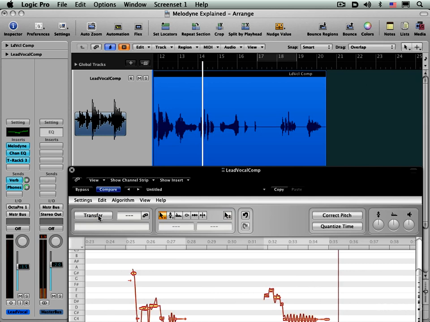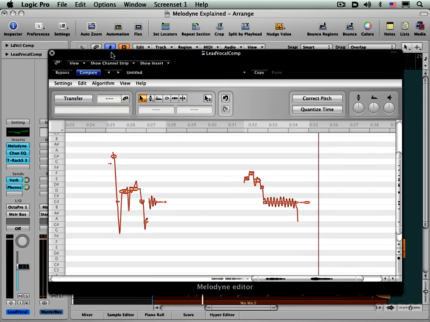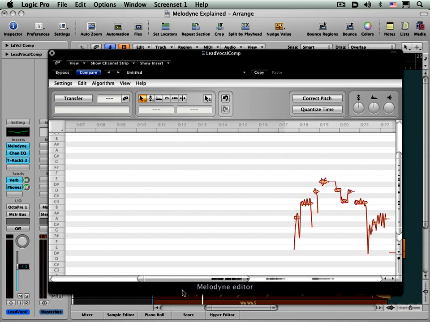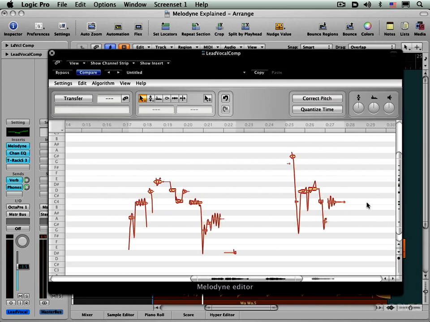Sing it. Okay, so I stopped and started it a few different times. And now in Melodyne, we're going to scroll a bit and look, you'll see the areas that have been captured and the spaces in between that haven't been captured. So now when I play it back through my DAW, these parts will be acted upon by Melodyne, and the parts in here won't be, and they'll play through straight